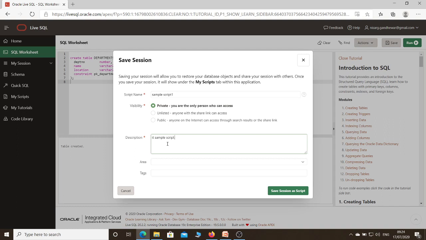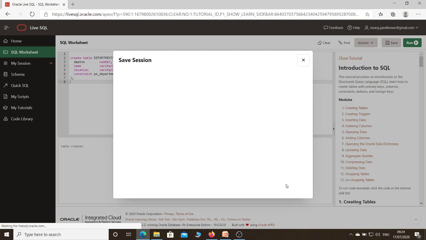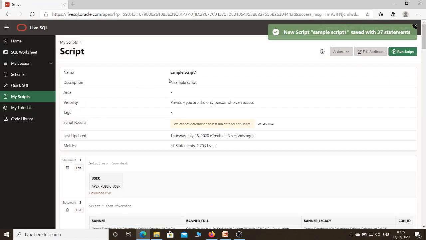It's a sample script, and then save session as a script. So it will save my script. That means in LiveSQL both options are available: either you can upload your existing script or you can save your script. Now sample script 1 is saved.